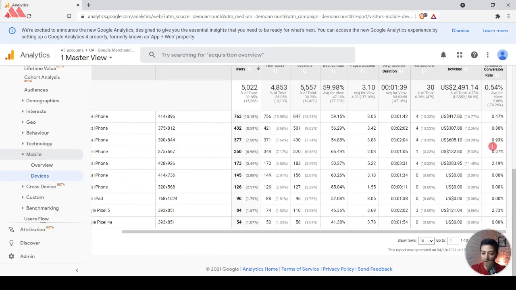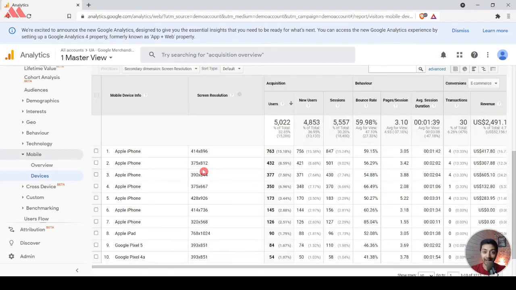So you got an idea that in different screen resolutions, if you see a huge difference in the conversion rate, then it has to do something with the UI, or there is something missing in the different screen resolution that people are not getting what they want. So if you remember, in the beginning I said that the marketing of a website starts from the designing itself. If you don't concentrate on how your website looks on different screen resolutions, you might be losing a lot of customers. And of course, we cannot neglect the fact that visitors mostly do research on mobile devices and then they go to the desktop to do the purchase.